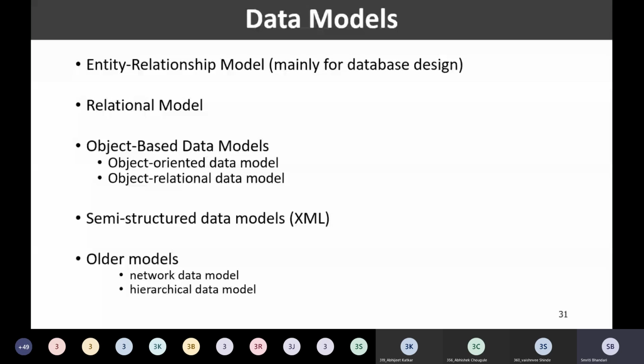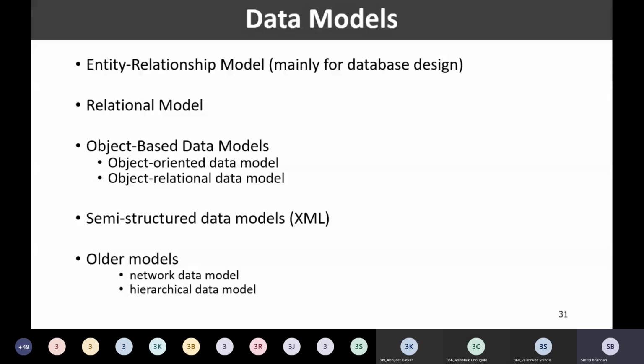Fine. So let us proceed with a few older models. I have listed here 2 older, historical models, the network data model and the hierarchical data model. But these 2 models are not being used nowadays, and that is why we are not going to discuss anything about these models. These models had close bonding between the underlying hardware and the mechanism by which the model works, so they were very much dependent upon the underlying hardware.